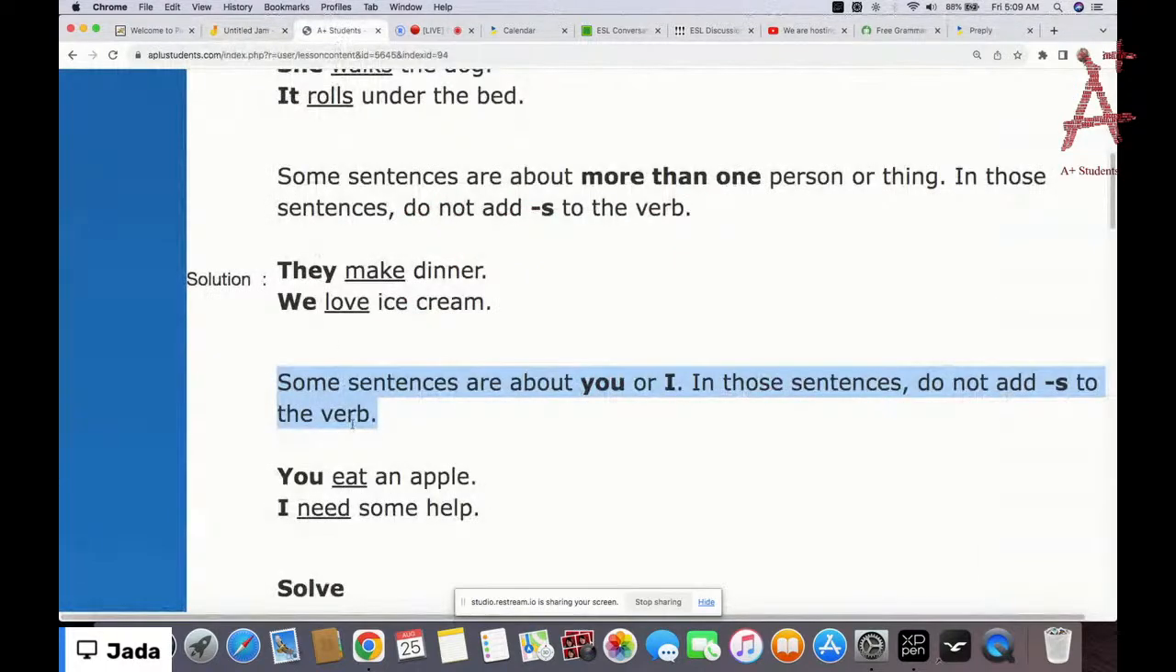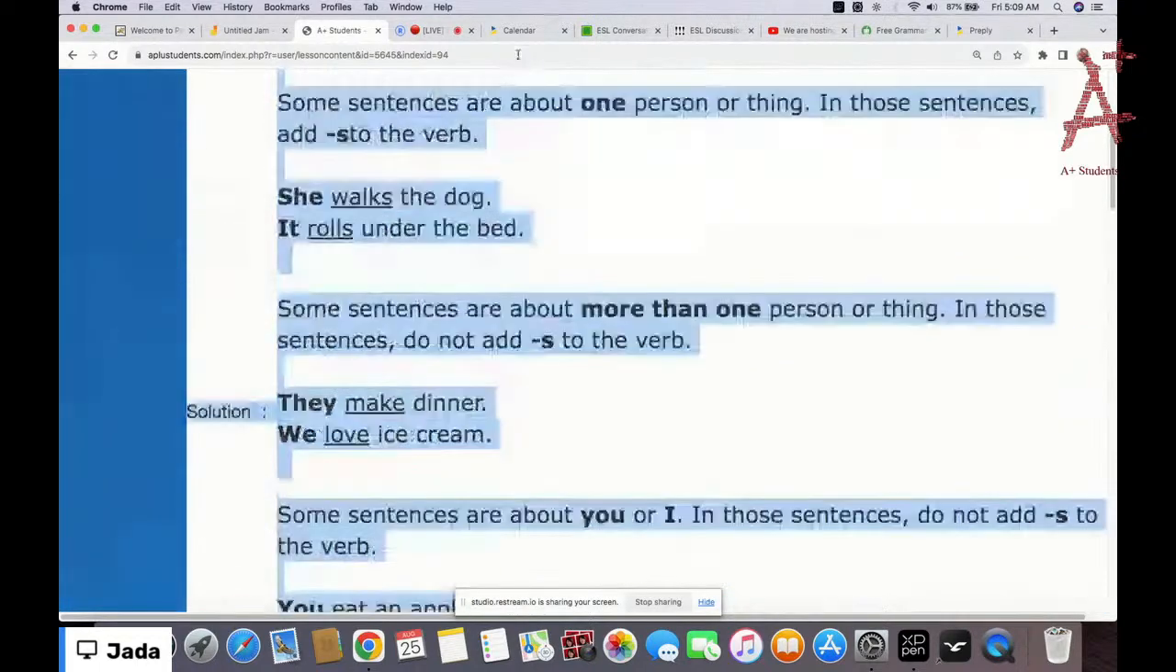So yeah, that's it. Some sentences are you or I. In those sentences, do not add s to the verb. So you eat an apple, I need some help. This is a typical example. So you cannot say "I needs some help." Okay,